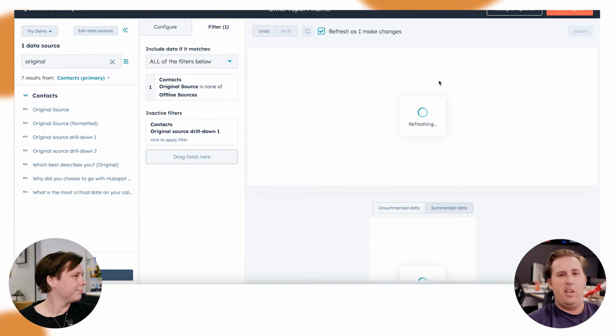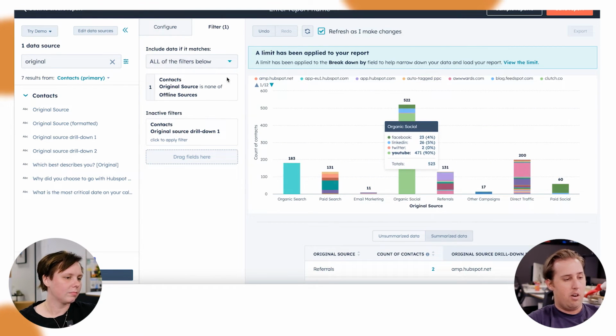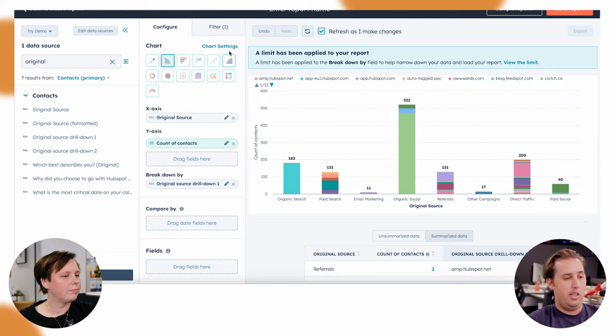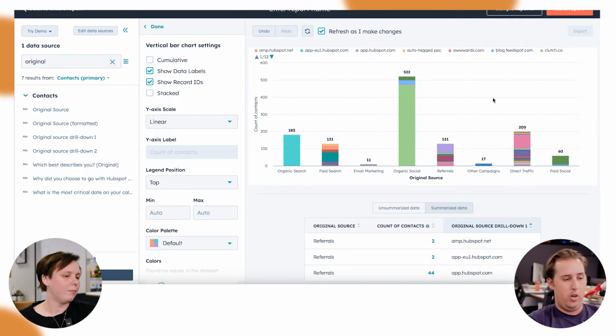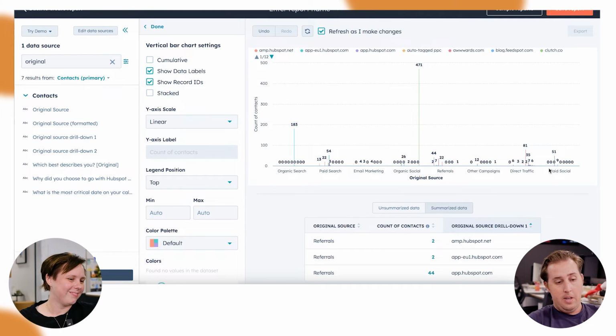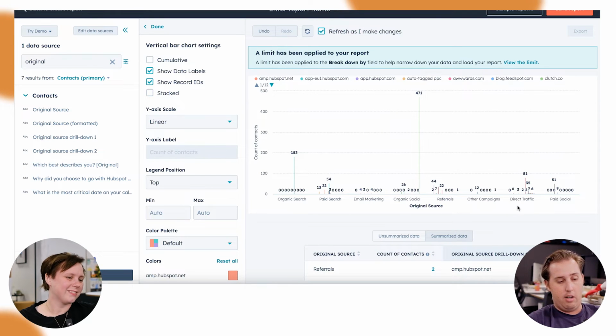And like I said, it cleans it up and resets the axes a little bit, making it clearer to see. Now when I hover over it, because this is a stacked graph, I can turn off the stacking if I like as well and have it all arrayed out separately in their own columns. It's going to make it a pretty full-on report though, so brace yourself on that one. But you can see here, now I can see in each of these major categories, for example, organic social, which of the, in this case, social medias